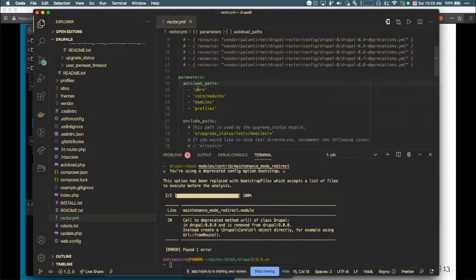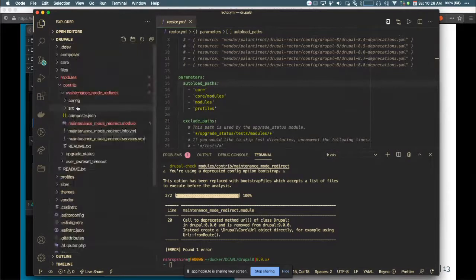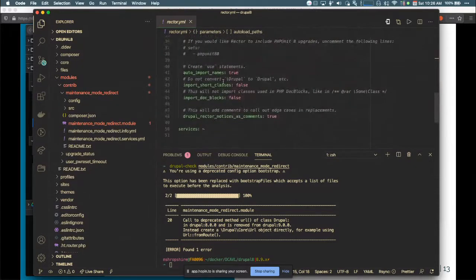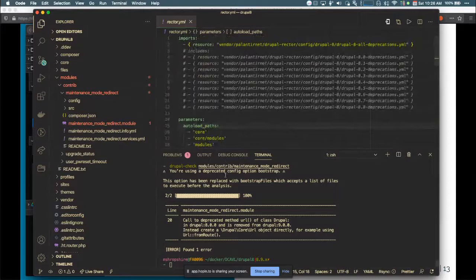The only thing I changed was these paths. That's because the rector file and where I'm running it lives, the core folder and the core modules folder, those all live right here in the same directory. So I just adjusted those, and you'll know when this isn't right because it'll tell you with some errors. I didn't change anything else, but there's some other options you can adjust, but I found that you don't need to.